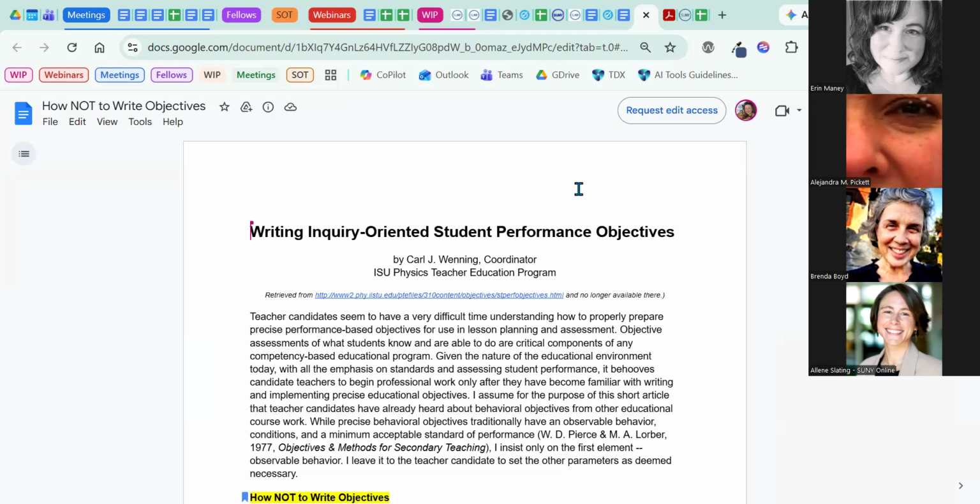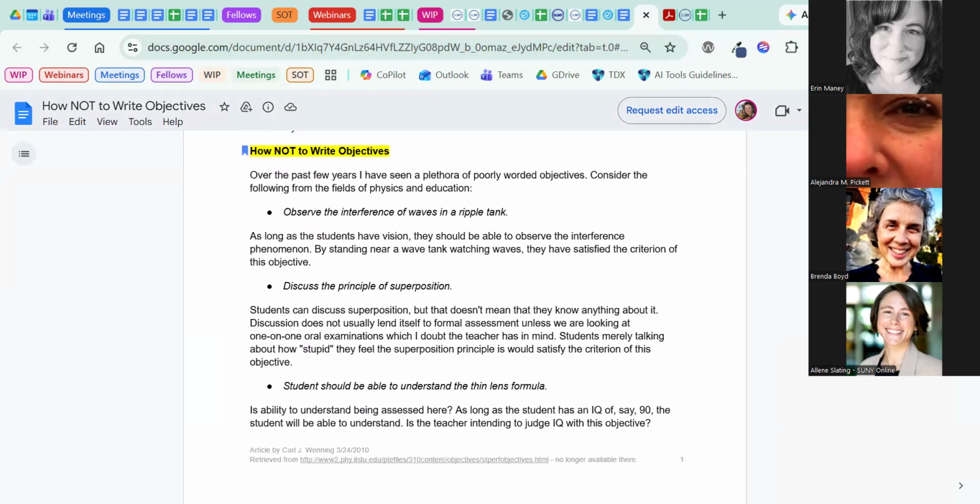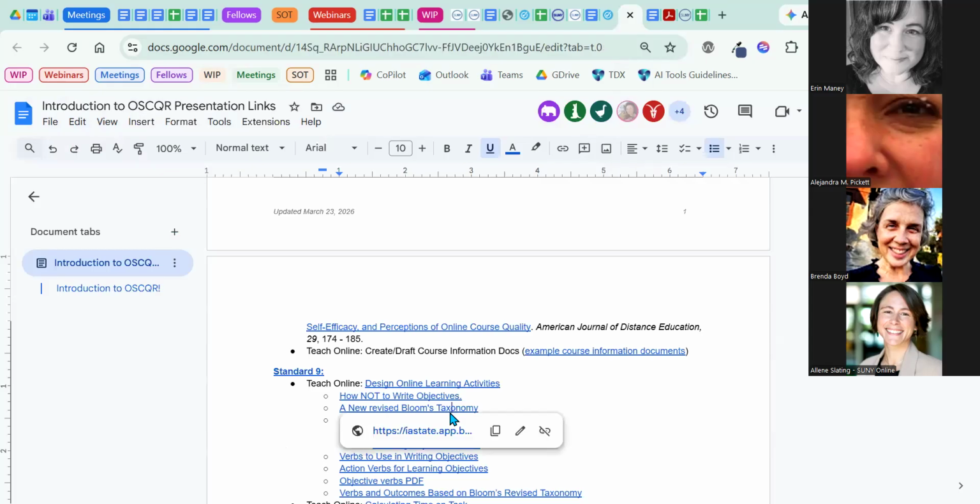I can't remember where he's from, but I liked it because he has listed how poorly written objectives and some better written objectives, and the difference is the verb, honestly. And so if you're looking at an instructor's objectives and it says the student will know or the student will understand, those objectives can be improved. And as an instructional designer, you're probably not unfamiliar with Bloom's taxonomy, and Bloom's is a model that can help you understand how to articulate objectives well.